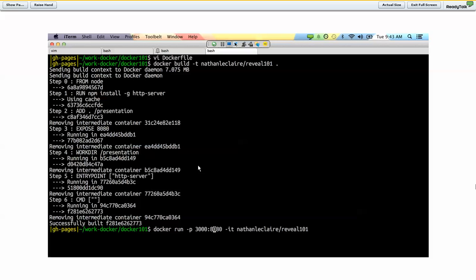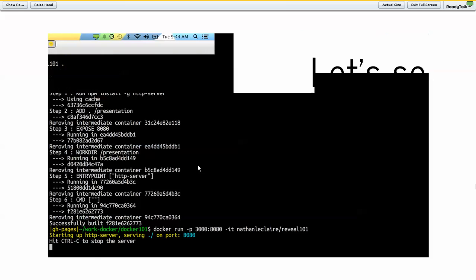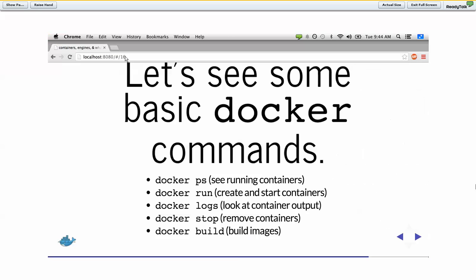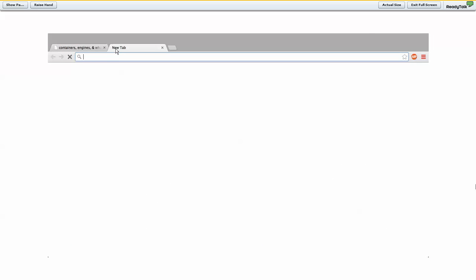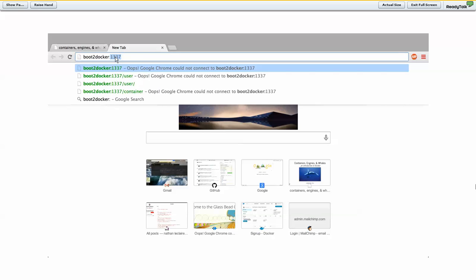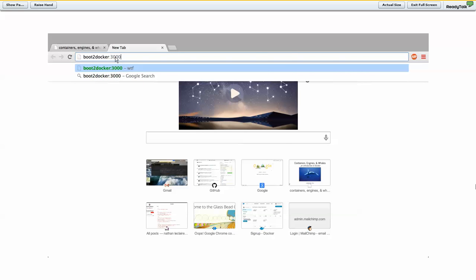Yeah, so I'm going to do docker run -p, and I'm going to forward port 8080 from the container to port 3000 on the host, and I'm going to run this image, nathanleclaire/reveal101, which is an image for the slideshow that I'm running right now. As you can see right here, I'm running this on localhost, right? I'm just running it locally. But if I go to boot2docker:3000,